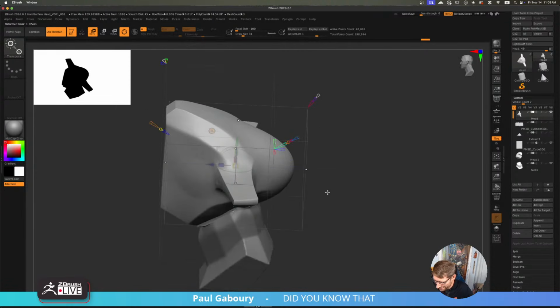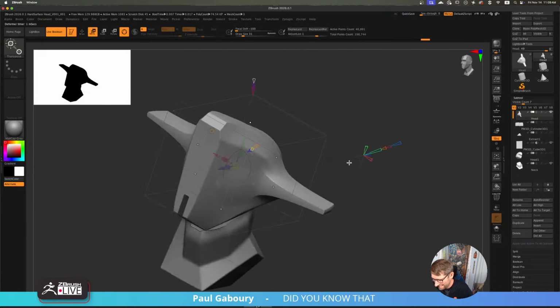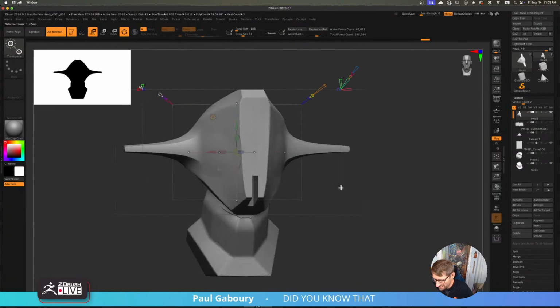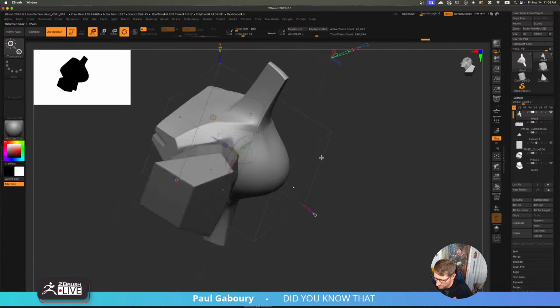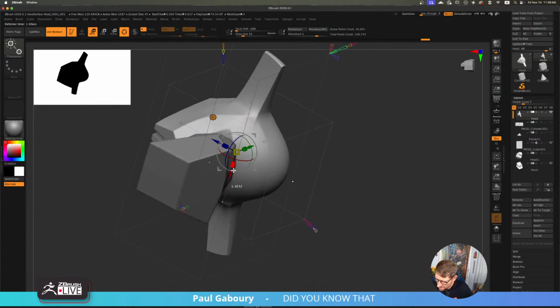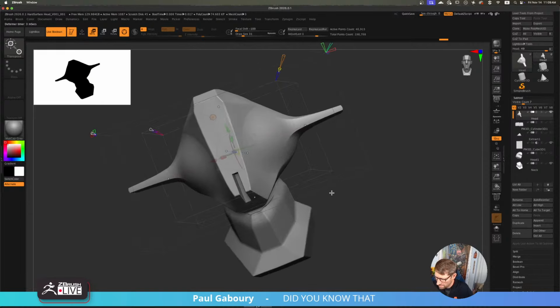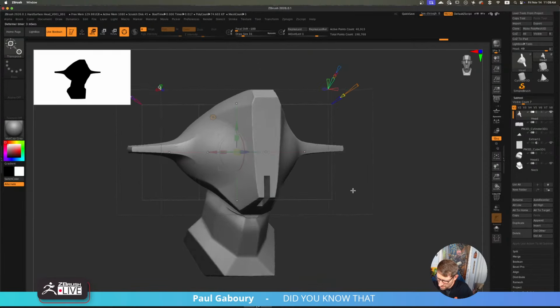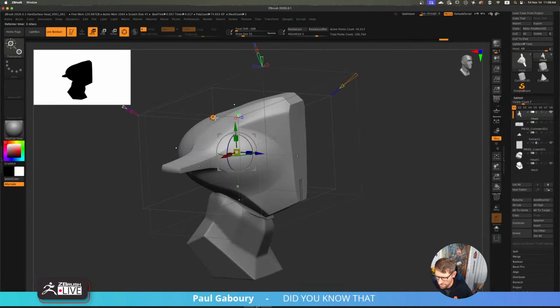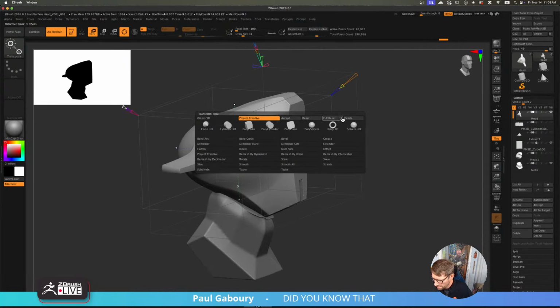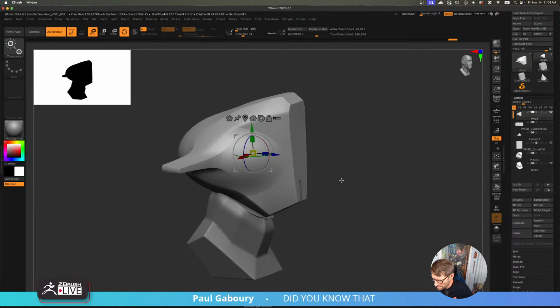He's got a headache now. Something like this. Just give it a little more width in places. I think I kind of like that. Okay, I'm going to commit to this. I'm going to accept this.